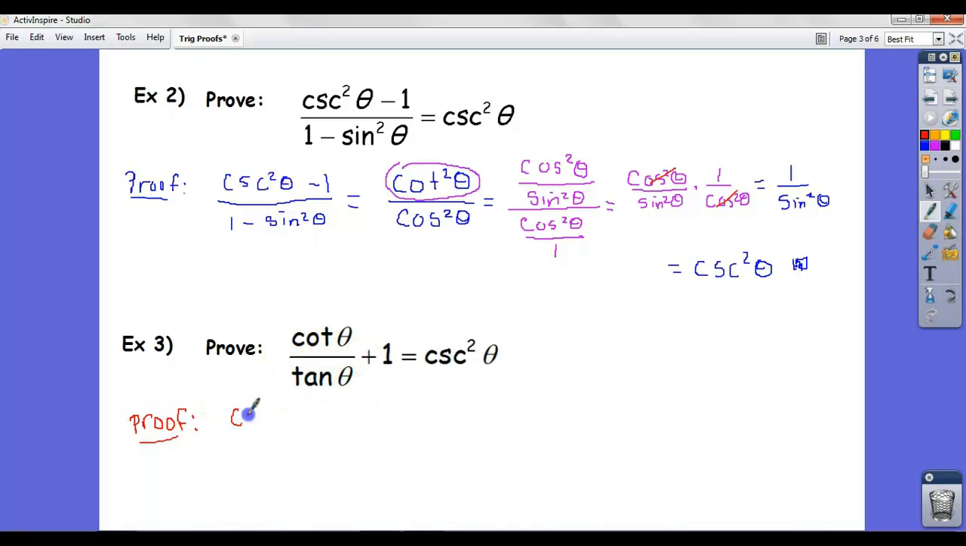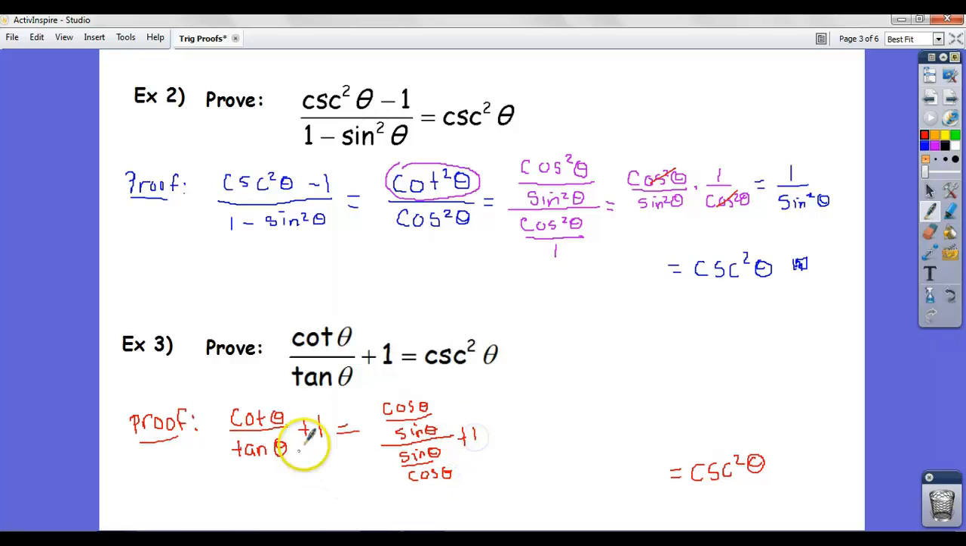It's a little more complicated, so I start with that. And what is there to do? I know I need to end up with cosecant squared on the other side. Well, I'm going to turn everything into sines and cosines. So cotangent is cosine over sine. So I'm going to write this as cosine divided by sine. That's the numerator. And then the denominator is tangent, which I can write as sine divided by cosine